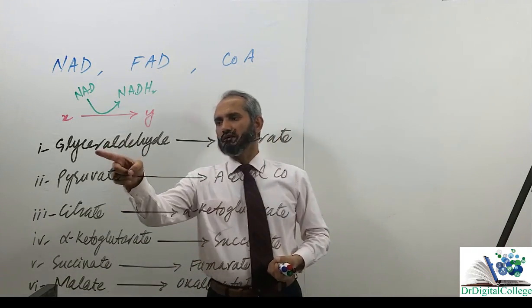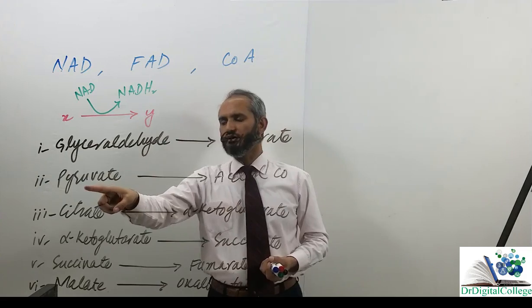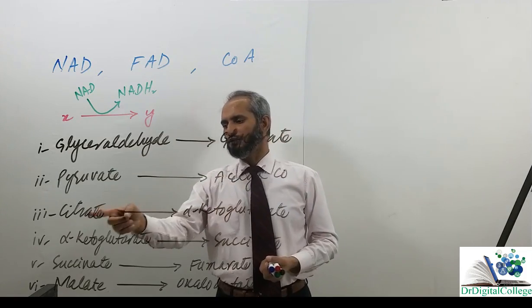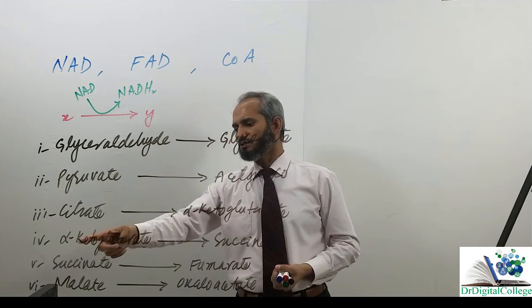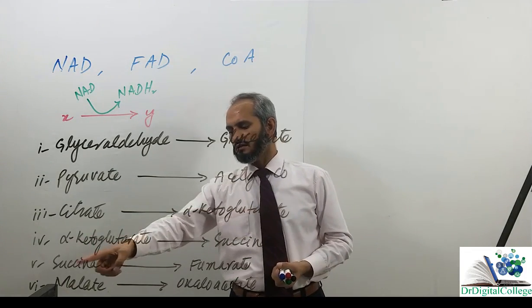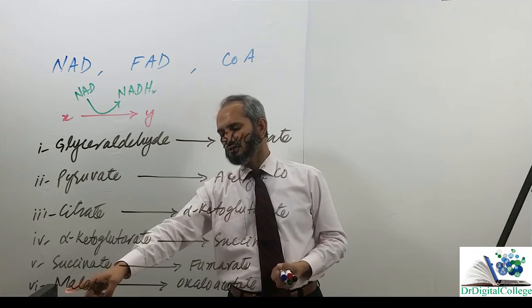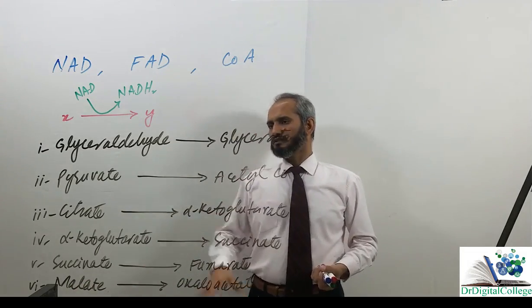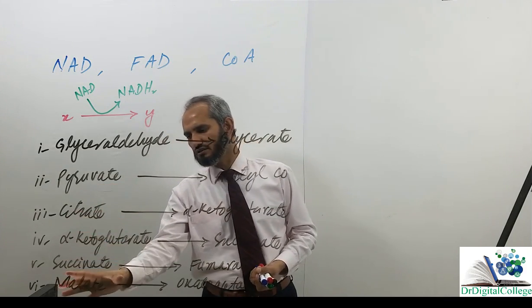And you know, in glyceraldehyde oxidation into glycerate, NAD is reduced. In the oxidation of pyruvate into acetyl coenzyme A, NAD is reduced. In the oxidation of citrate into alpha ketoglutarate, NAD is reduced. In the oxidation of alpha ketoglutarate into succinate, NAD is reduced. In the oxidation of succinate into fumarate, FAD is reduced. And in the oxidation of malate into oxaloacetate, NAD is reduced. Now, this is in glycolysis, this is in the link reaction within mitochondria, and all these four steps are